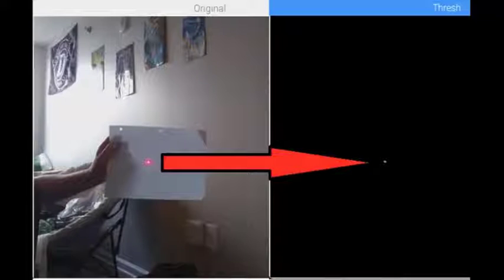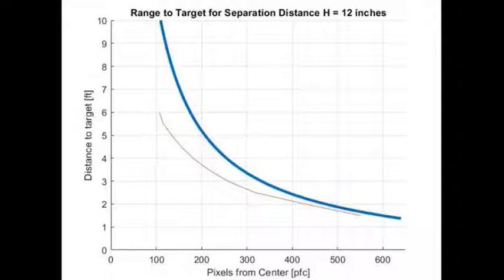Then, I placed the camera and laser 12 inches apart and projected the laser onto a piece of paper that I moved towards the camera in 6-inch increments. I plotted the position of the laser points versus distance from the camera against a set of theoretical values to see the principle of parallax in action and to ensure that my hardware was functional. However, it's clear from the mismatch between the two plots that calibration would be necessary to properly process any future